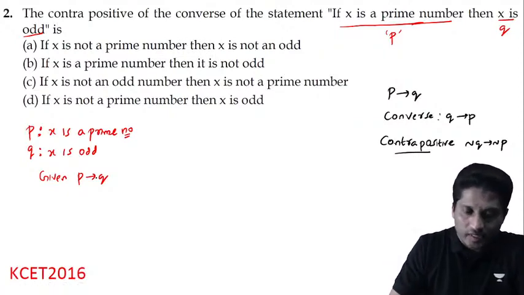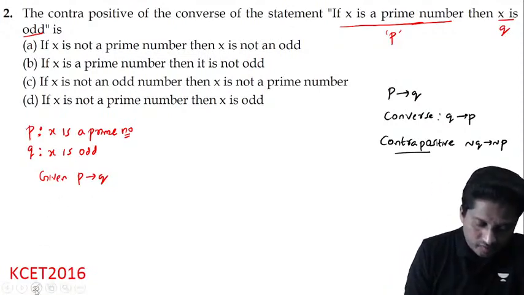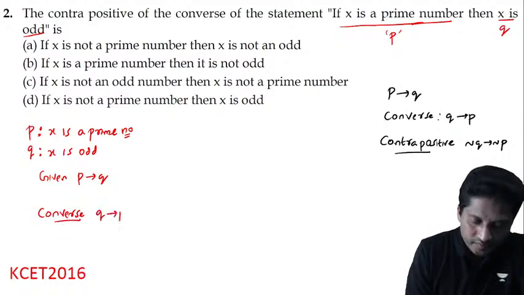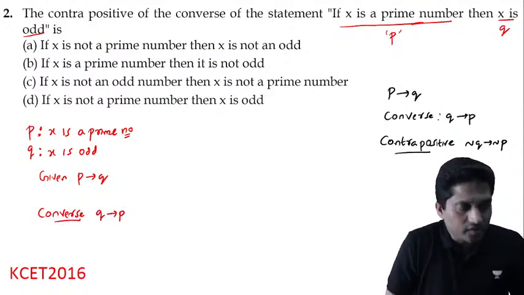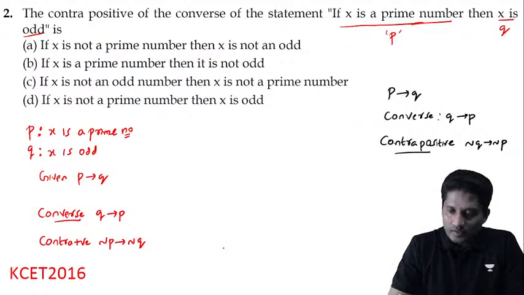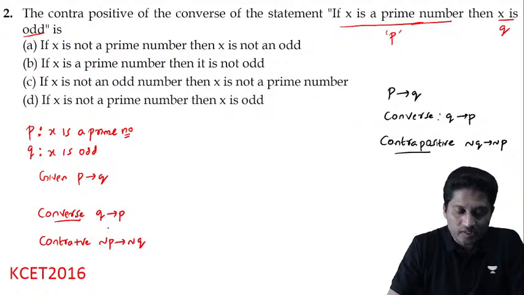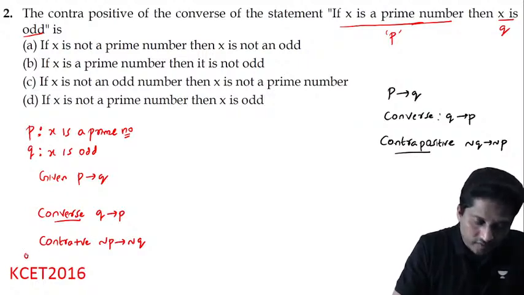now I'm supposed to find the contrapositive of the converse. So p implies q means what will be the converse? Q implies p. The converse will be q implies p, and the contrapositive of this will be negation p implies negation q. Now if I take q implies p as the converse, then the contrapositive of the converse